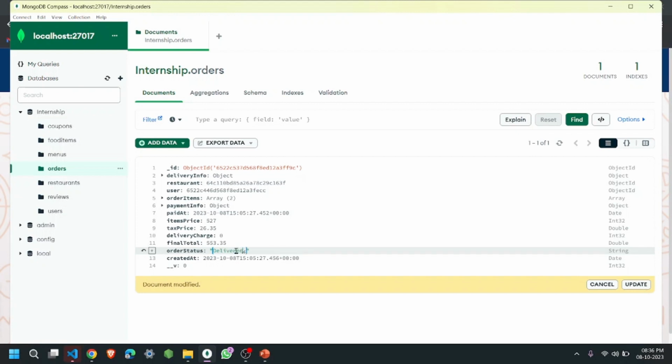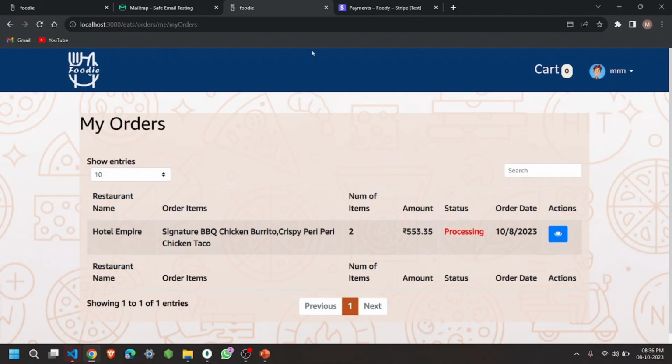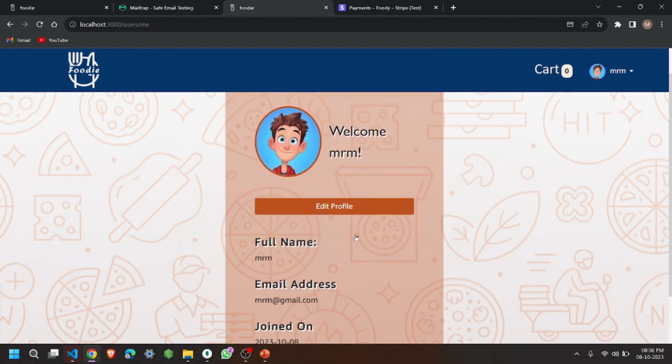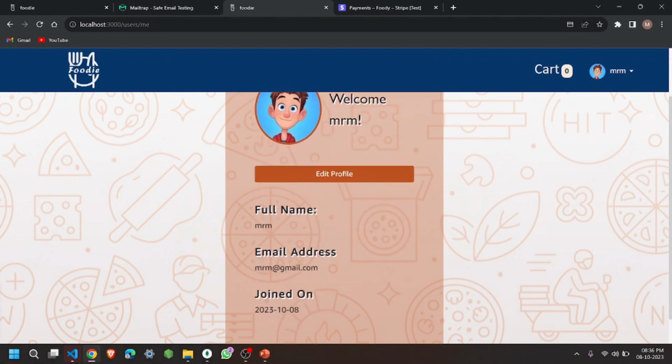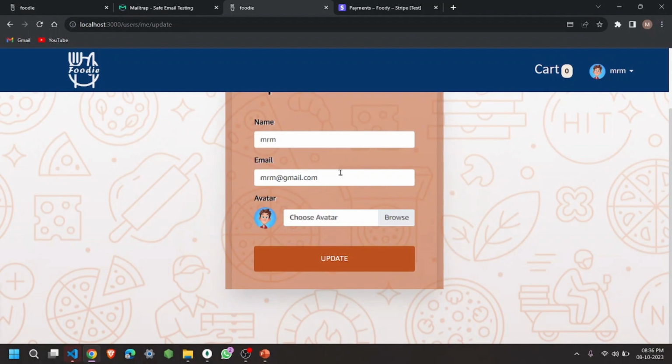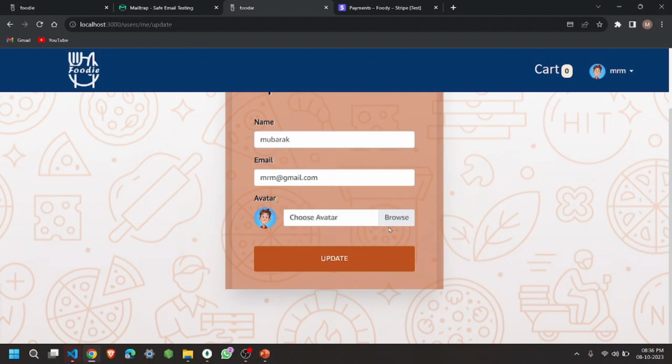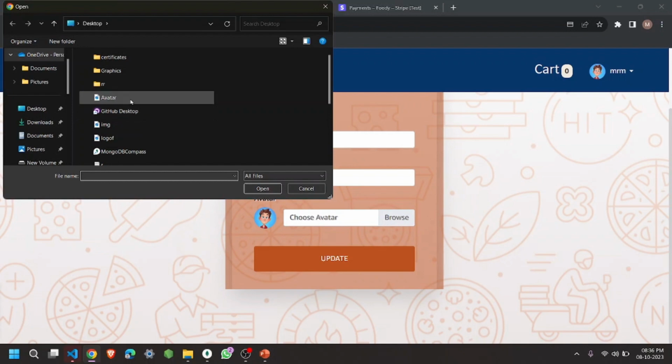Delivered. Press update. You refresh it, it will show delivered. And once you can see also your profile where you can edit your profile, like let me just add Mubarak. And also I can change my avatar